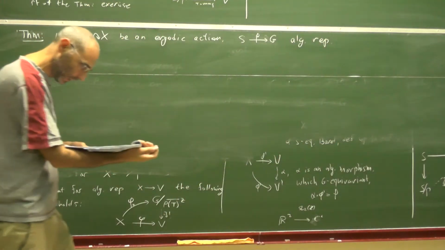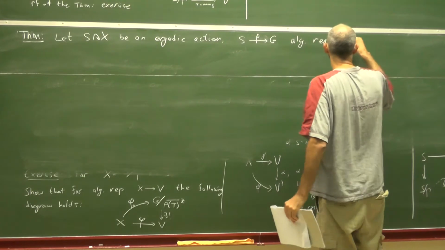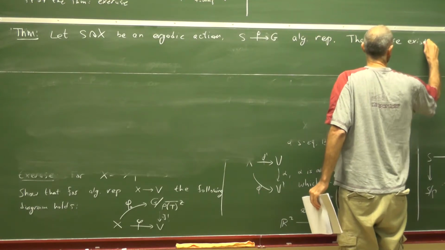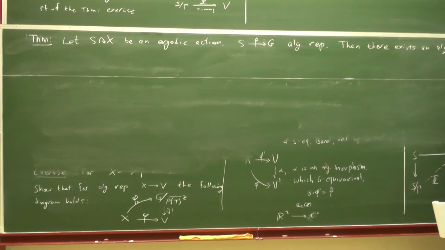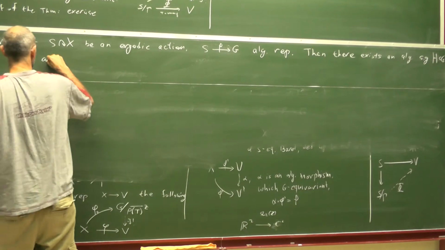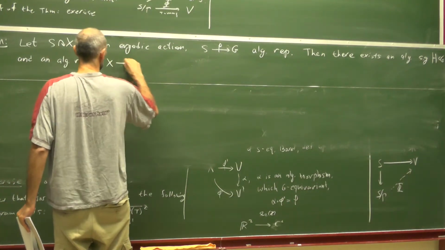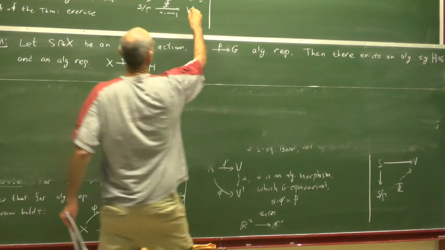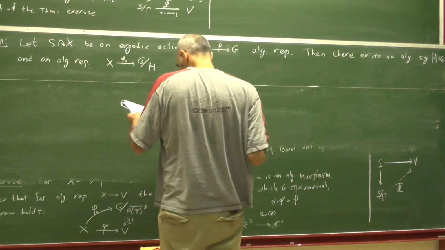Then there exists an algebraic subgroup H in G and an algebraic representation from X to G mod H. The point here is G mod G. From X to G mod H,